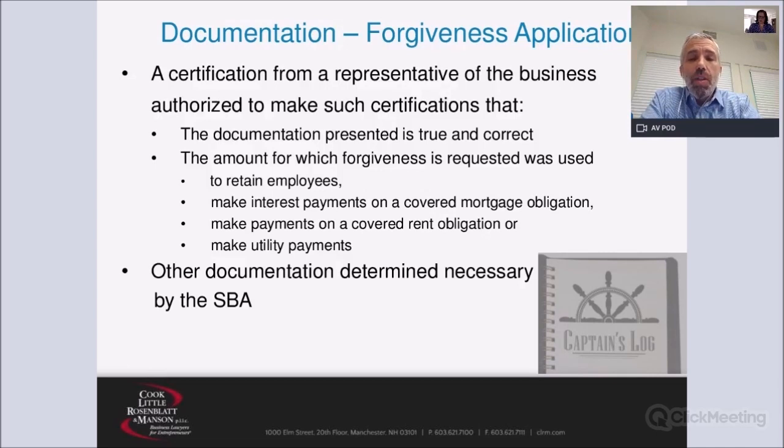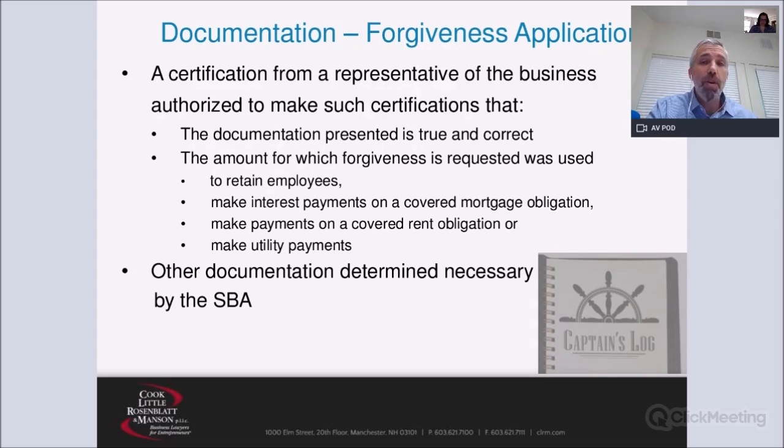So there may also be additional requirements that your bank may layer on top that they will want to see to verify that they feel comfortable approving the forgiveness request. Now, what's interesting is the banks themselves are entitled under the CARES Act to rely on the documentation that they get. They don't have to do a lot of underwriting on the materials that you provide. But that aside, they may still ask for additional documentation so that they feel as though they're able to meet their minimum obligation of confirming the timing and the amounts that were spent for forgiveness purposes.